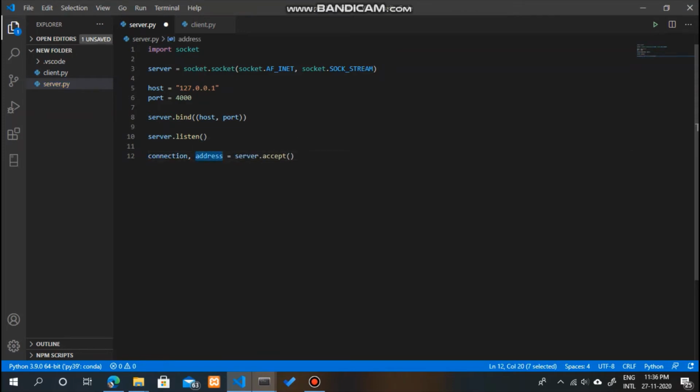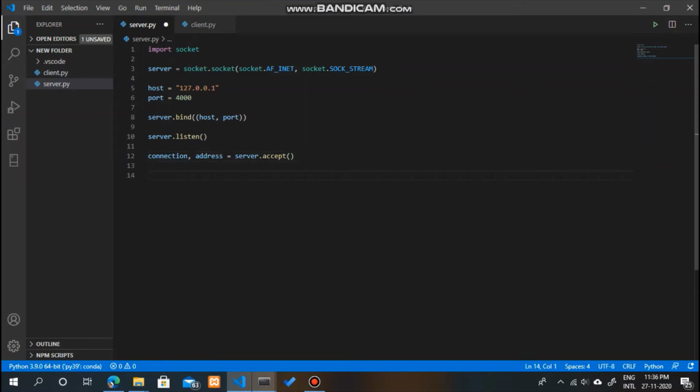The address that we get as the output from server.accept is the address of our client that we will build in just a minute. Using this connection we can send and receive data from our client.